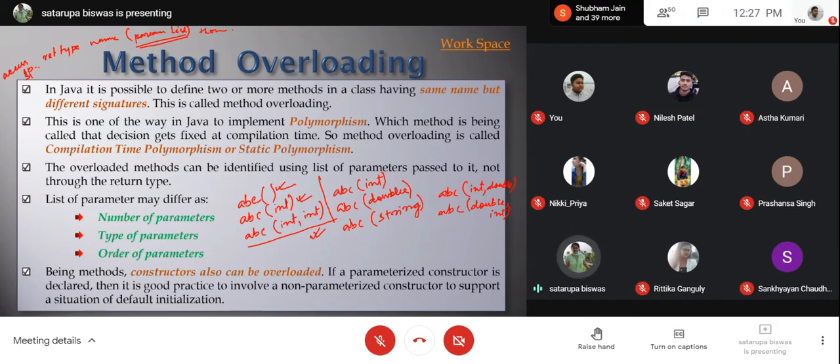So just by seeing the parameter list, it is pre-decided where the control is going to jump. So accordingly, your object code is going to be prepared. There are some other cases where it is not known to which method the control will be jumping. Those will not be in the category of compilation time polymorphism.